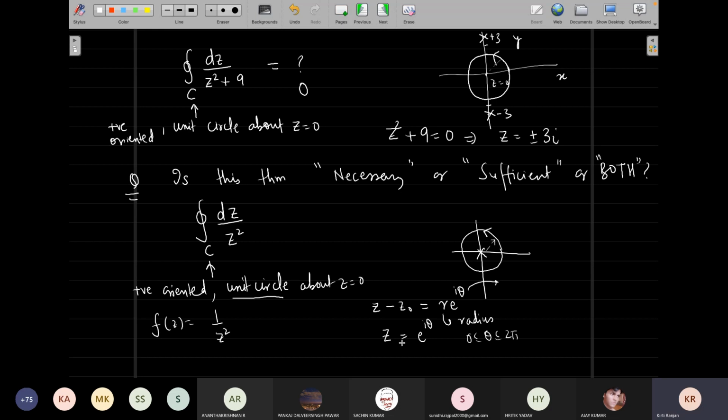So we put z equal to e^(i theta), and dz is equal to i e^(i theta) d theta. Now that we know z and dz, can we put it in dz over z square and get the result? Can you do that? What will this integral be? Theta goes from 0 to 2 pi. Fine. dz is i e^(i theta) d theta. Sir, what will be z square?